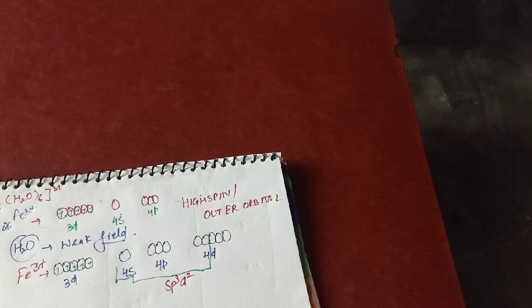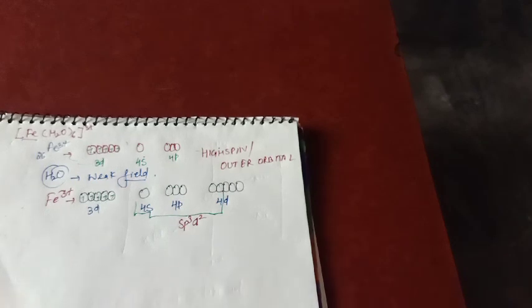तो यही कुछ लिमिटेशंस थी बीबीटी की, कि वो एक्सप्लेन तो कर रही थी स्ट्रक्चर्स को, लेकिन वो ये नहीं बता पा रही थी कि वो वीक फील्ड लाइगेंड क्यों ले रहे हैं, किसी को वो स्ट्रॉन्ग फील्ड लाइगेंड क्यों ले रहे हैं, इसके पीछे का कंसेप्ट क्या था, वो चीज़ें बीबीटी क्लियरली नहीं बता पाई, ठीक है. जिसकी वजह से बीबीटी को हमें क्या करना पड़ा, हमें उसके आगे एक नई थ्योरी जो आई है, दैट विल बी क्रिस्टल फील्ड थ्योरी, वो हम डिस्कस करेंगे, ठीक है, इसके बाद बीबीटी के बाद नेक्स्ट वीडियो में.